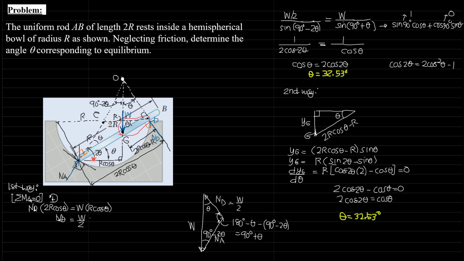So the total angle that NA makes with the horizontal is theta plus theta, so 2 theta. The angle that NA makes with the vertical, therefore, is 90 degrees minus 2 theta. So that's why this is 90 degrees minus 2 theta. Likewise, ND, perpendicular to the bar, makes an angle with the vertical that I already explained in the earlier part of statics: the angle of inclination is also the angle between the normal and the vertical, so that's also theta.